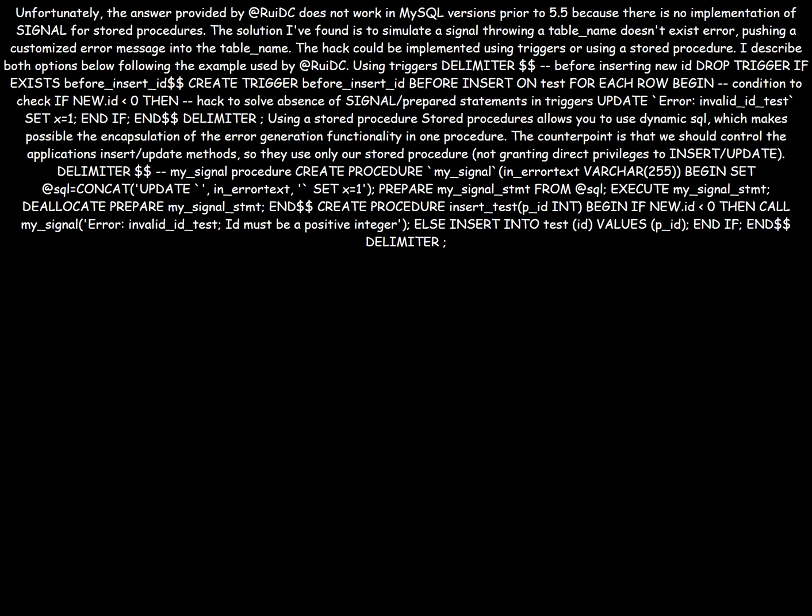DELIMITER $$. my_signal procedure: CREATE PROCEDURE `my_signal`(in_error_text VARCHAR(255)) BEGIN SET @sql = CONCAT('UPDATE `', in_error_text, '` SET x=1'); PREPARE my_signal_stmt FROM @sql; EXECUTE my_signal_stmt; DEALLOCATE PREPARE my_signal_stmt;